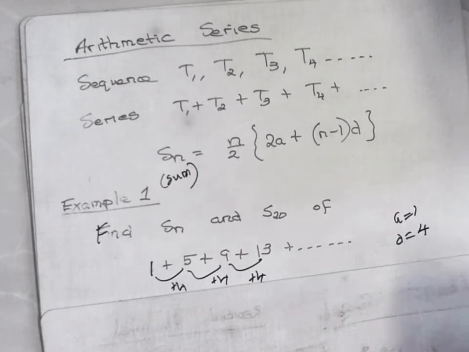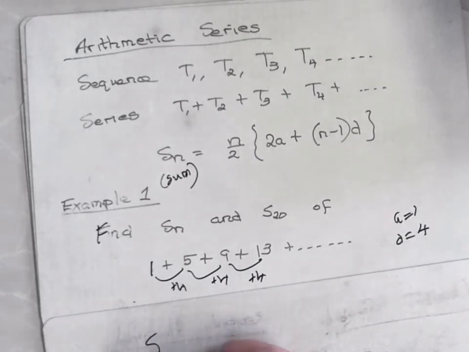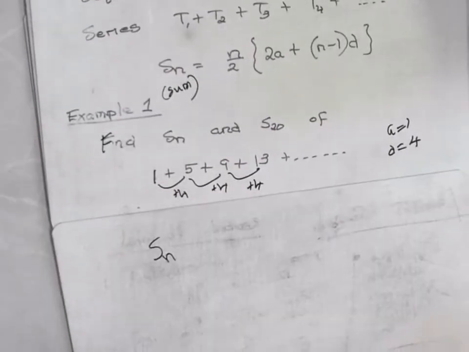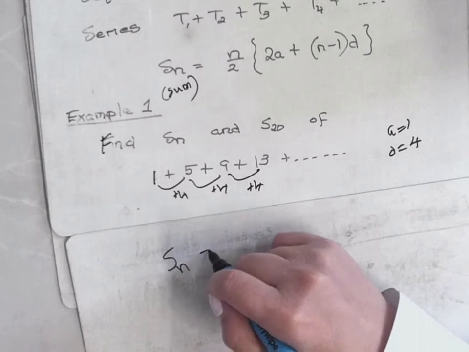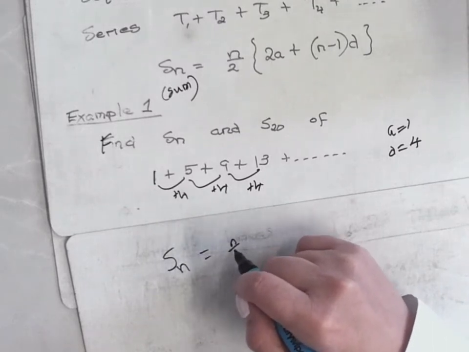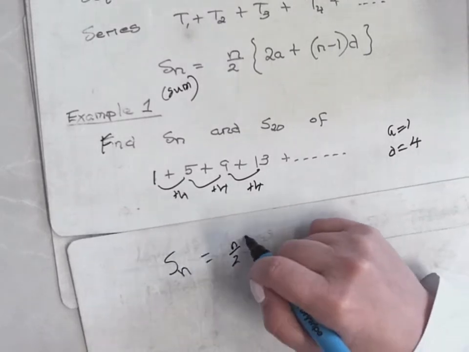Off you go to your log tables then, and you get the formula for Sn. So Sn is n over 2 times